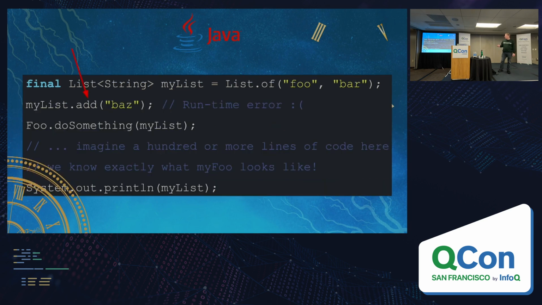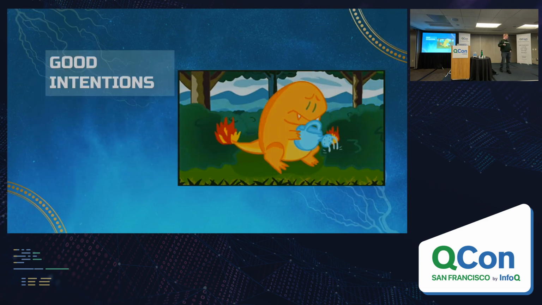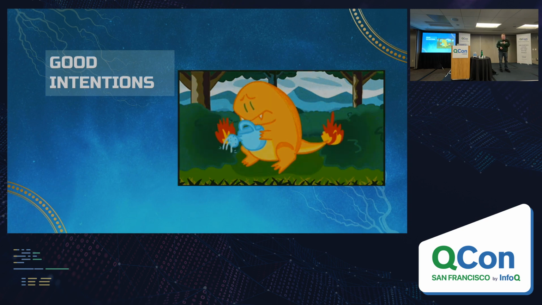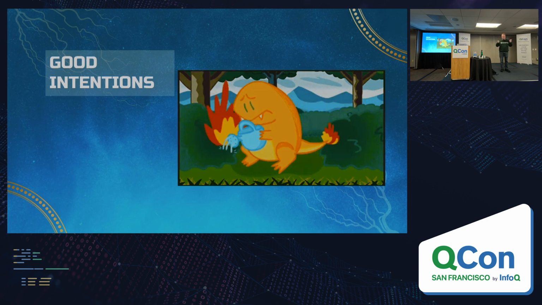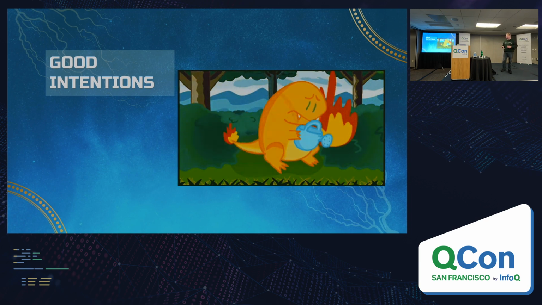But the flaw with that is you'll notice this List.of factory function is still returning the normal list interface. And that list interface provides these mutating functions like add, remove, whatever else. And even worse, if I call those now, it's a runtime error. So the compiler won't detect that this is a problem, but the program will throw an error at runtime. And so now I'm back to the world of relying on good intentions, right? Now I've got this immutable list, which is what I wanted, but if I'm passing it around to all these other functions and only advertising it as a list, then they may try to call the mutation functions on it, and then we get a bug at runtime.